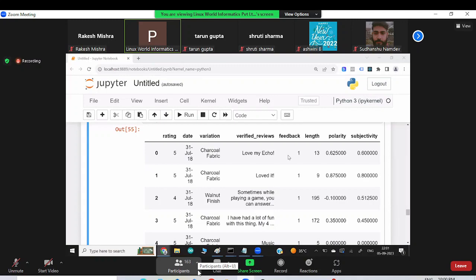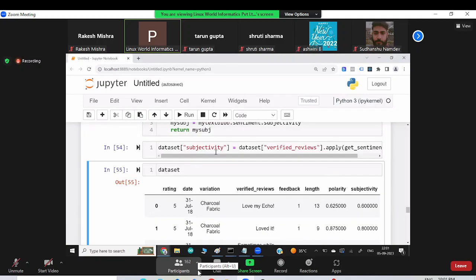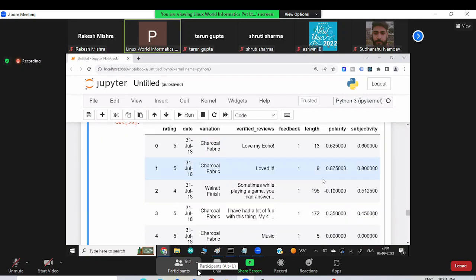How to conclude overall, Manali? This is again a very basic thing. You can conclude by writing a simple Python code with a condition. Count all the polarities that are greater than zero, then take that count and divide it by the total. That gives the percentage of customers who like this product.